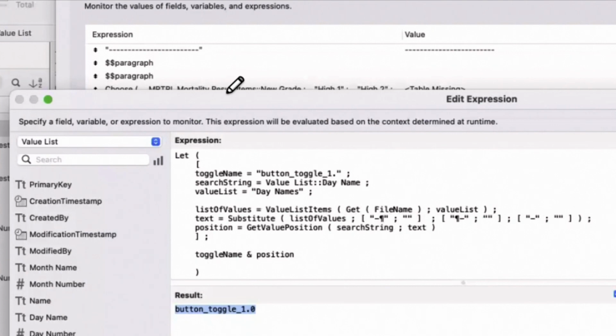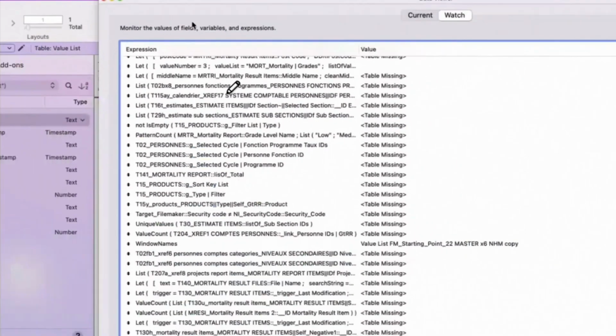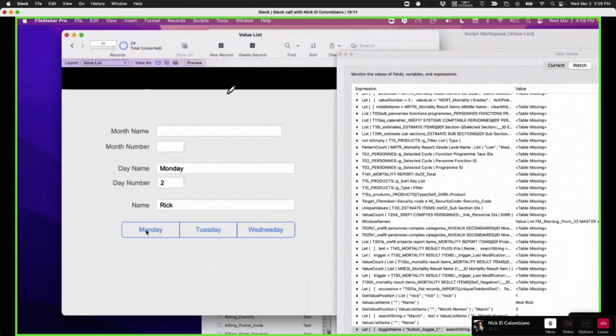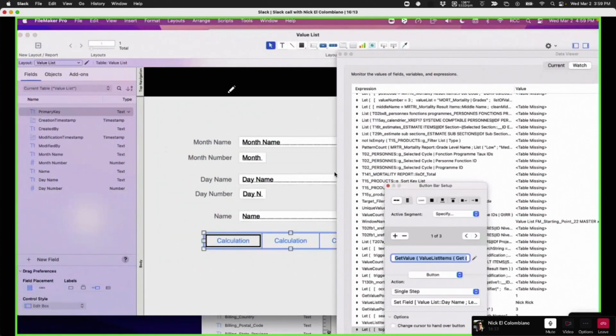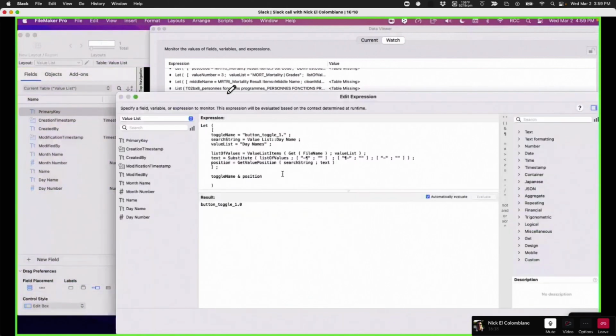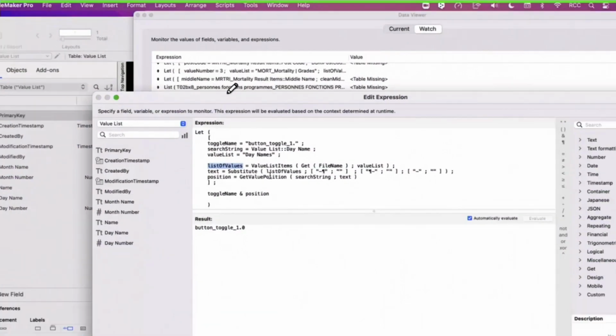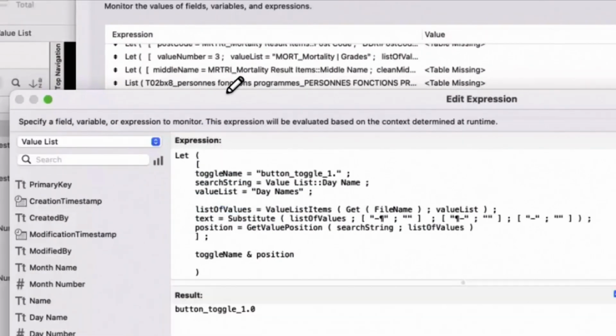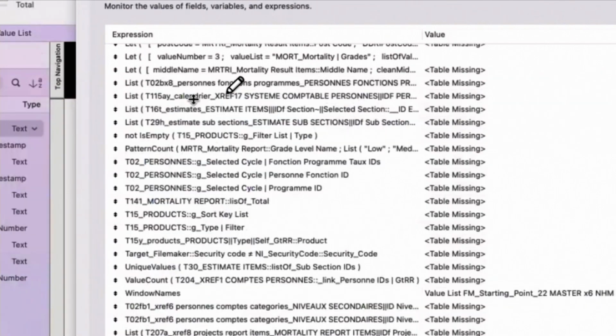See, it said position 0. So something is wrong here with my calculation. I don't know why. So 0, 0. Something doesn't get it. So you can debug it by copy pasting the button here. But I'm doing something here: list of values, get position, search strings, list of values. I don't know. Well, look, I don't want to.